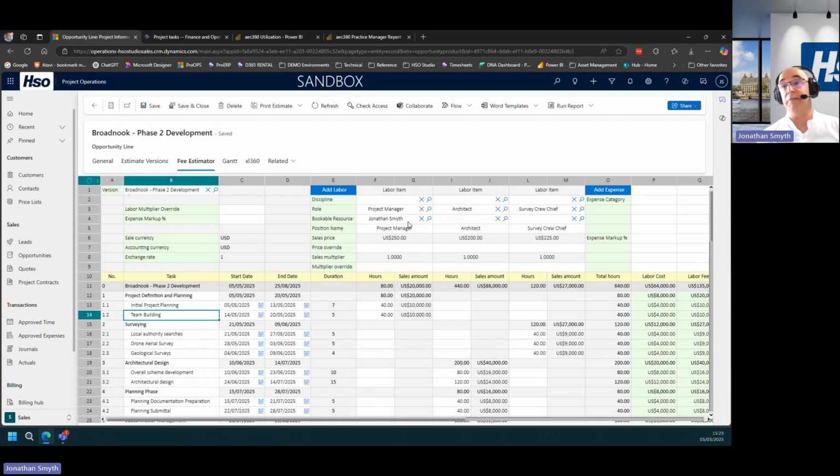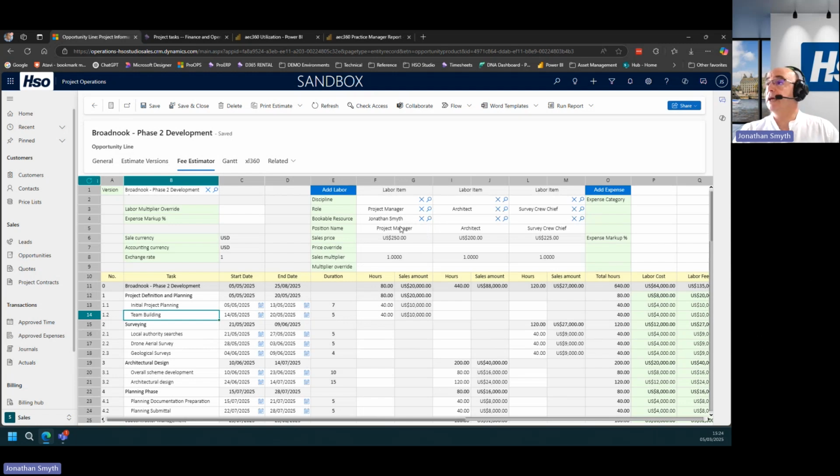Now, of course, one of the key benefits is that, if we were using just a traditional spreadsheet, would that spreadsheet have the latest sales prices and cost prices? Is it usable by other people in the business? Is it easy to find? Possibly not. The key benefit here is that this has that Excel look and feel, but of course it's linked up directly to the database so that we can rest assured that we're pulling through the latest bookable resources, the latest cost prices and selling prices, and so forth.